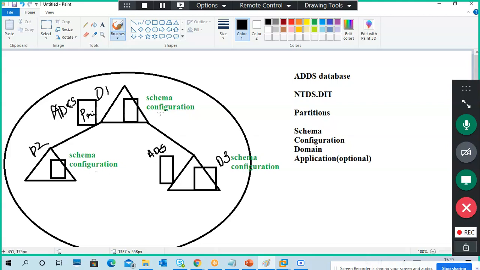Because this configuration information is shared with all domain controllers or domains in the forest, automatically this ADCS information goes to your configuration partition. This configuration partition information is stored here, and from here it is telling you can create it as a secondary and you cannot become a primary. So this is the primary one and this is the secondary one now.